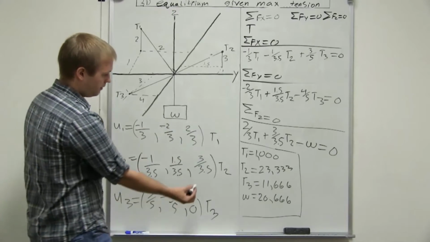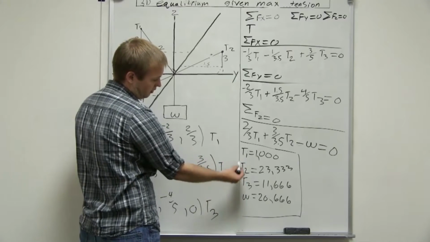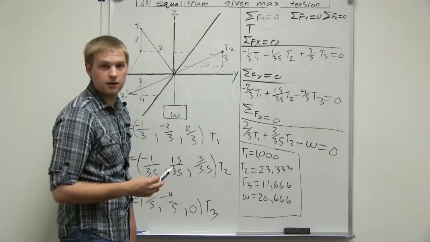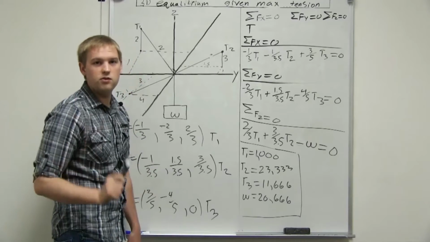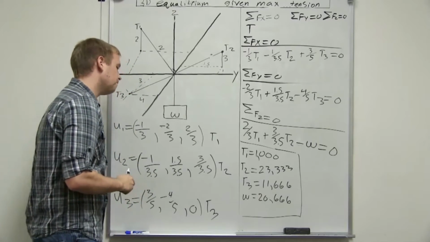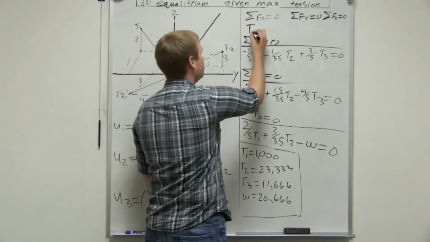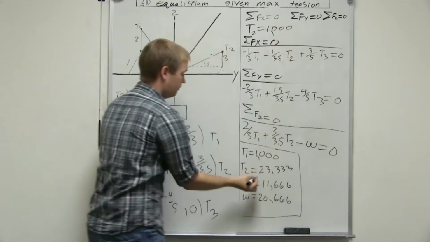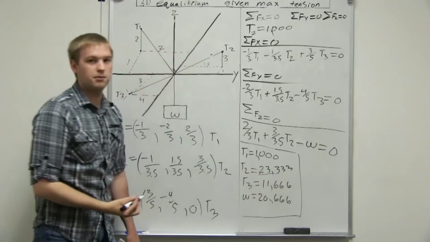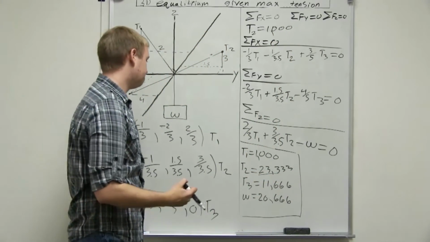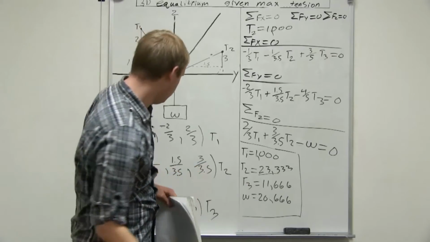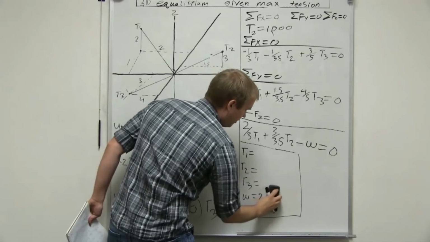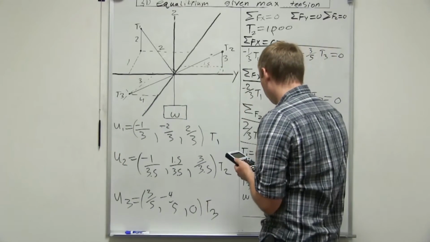You should really only have to do this 2 times if your assumption is wrong the first time. If you come down here and look at the max tension, that would be T2, 23,333. This will always be the max tension. So now we're just going to say that T2 equals 1,000 pounds because that one came out to be the largest number. And rerunning our simultaneous solver with that gives us